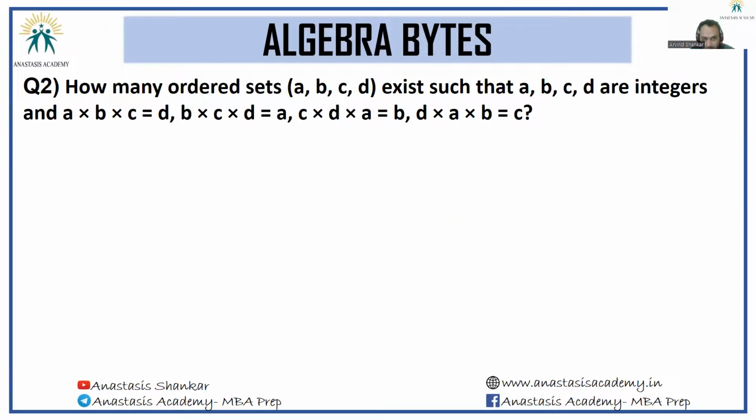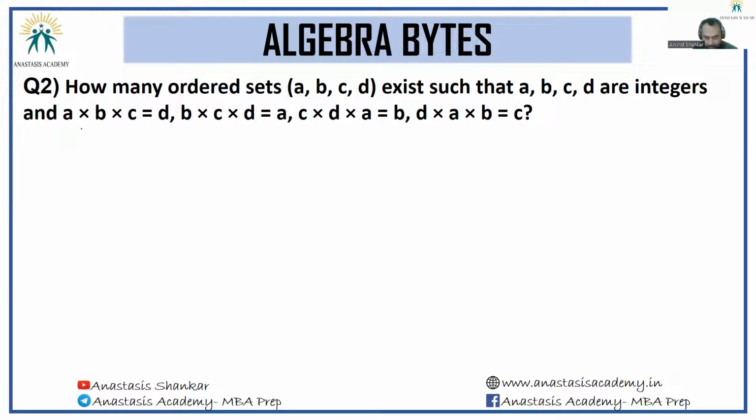Next, how many ordered sets A, B, C, D exist such that A, B, C, D are integers, and we have this: A into B into C is equal to D, B into C into D is equal to A, and so on and so forth. The fun thing that you can see here is,